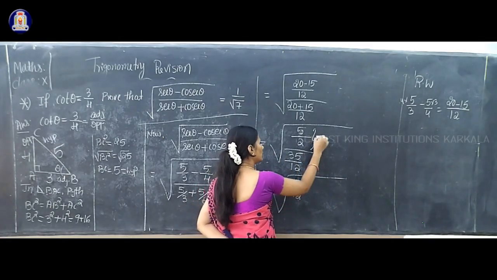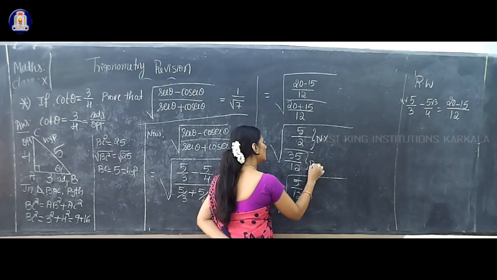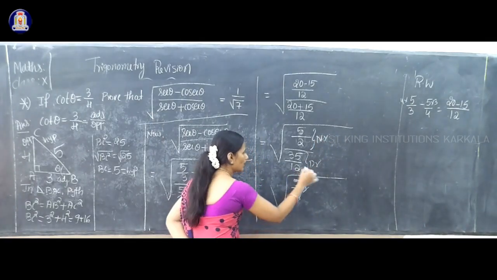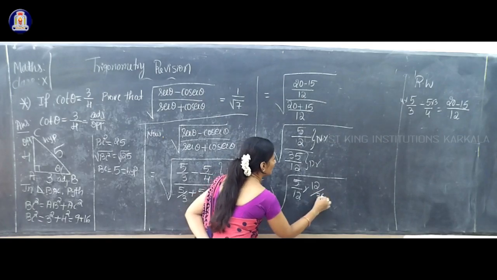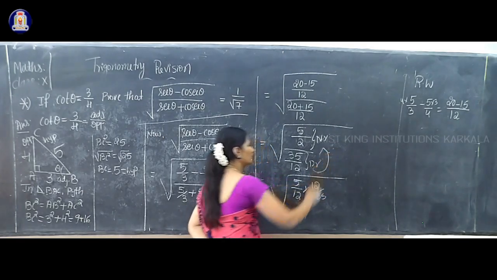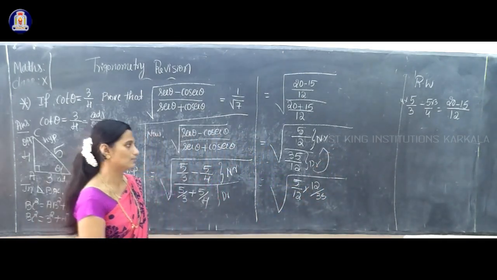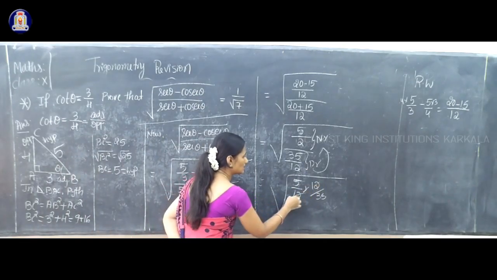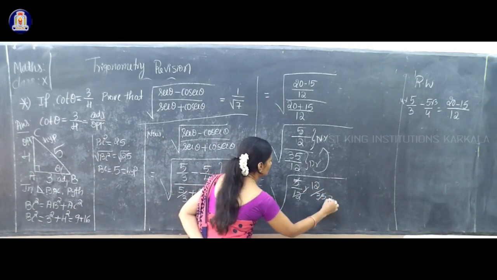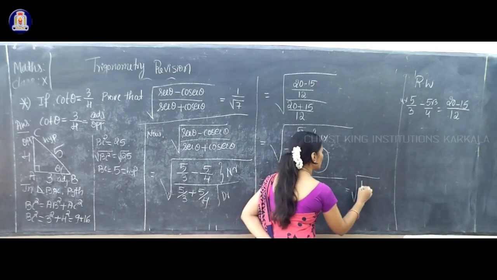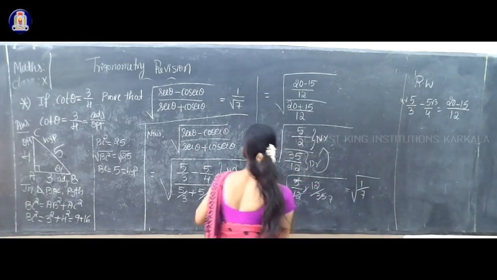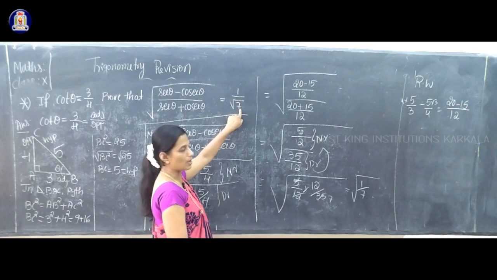this is your numerator and this one is your denominator. So now 12 divided by 35. So denominator to numerator means it changes, reciprocal. 12 and 12 cancel. So this 5 ones are 5, 5 sevens are 35. So we get 1 divided by 7. But what to do here? 1 divided by square root of 7.